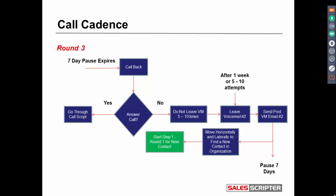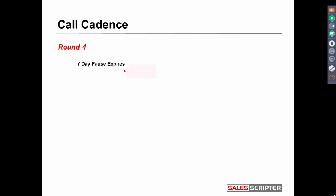By the way, the horizontal movement could have involved us pushing 0 to go back to the gatekeeper to find out who the Director of IT is or who else we should talk to, and maybe that gatekeeper then gives us that new contact, and then we start our call cadence round 1 with that new contact, and this whole process starts from beginning to end with that new contact. But it also continues with this existing contact, and we're pausing 7 days,